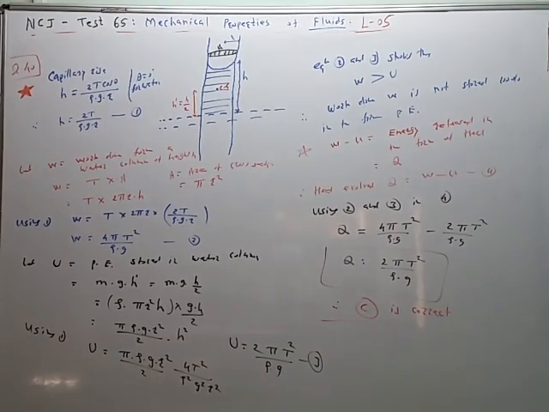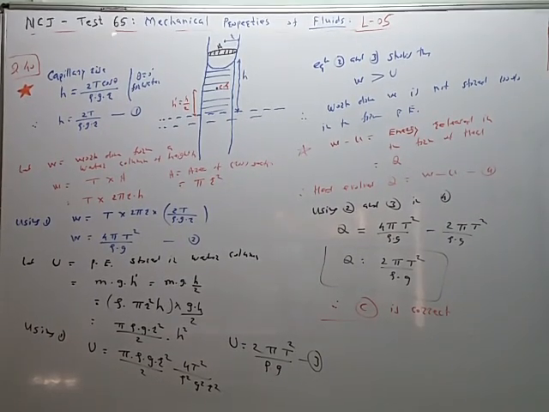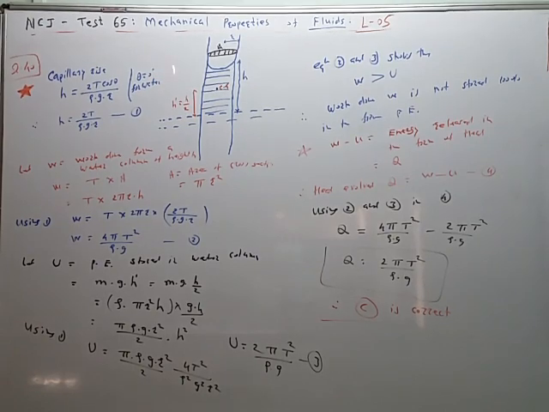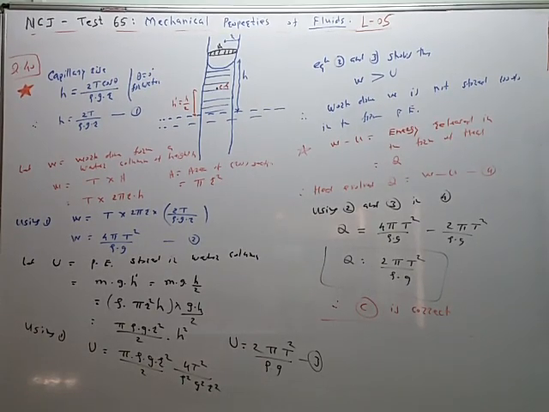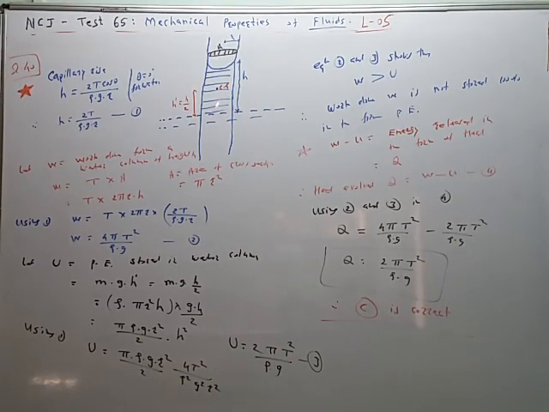See, this capillary rise formula is given like this. So theta, the angle of contact between water and glass capillary, is 0 degree. So cos of 0 is equal to 1. Therefore h is equal to this much. Now, when due to the force of surface tension this water column is formed, it balances the weight of the water column, mg, acting in the downward direction. So gravitational force is m into g, and it is balanced by the force of surface tension. So this is the formula. Work done to balance the water column of height h is equal to T, surface tension, multiplied by surface area. So surface area of the water column is equal to 2 pi r circumference multiplied by